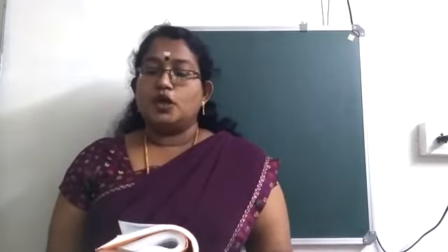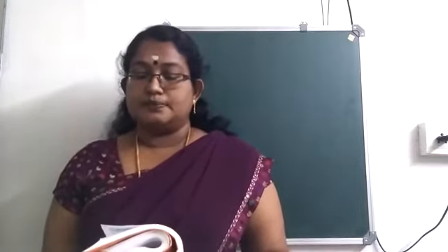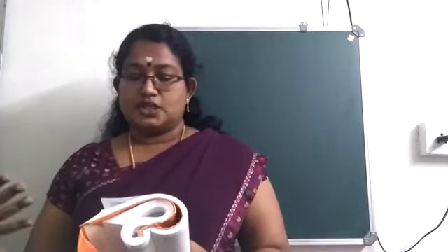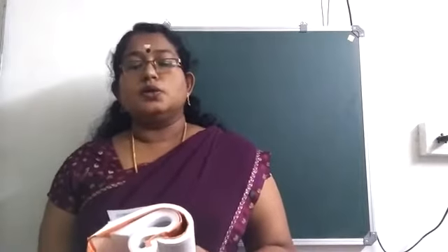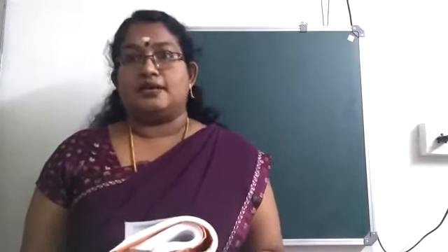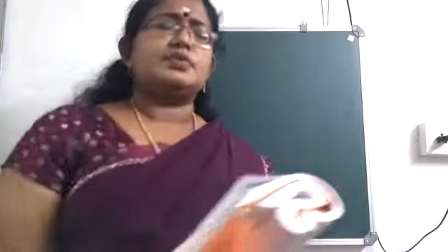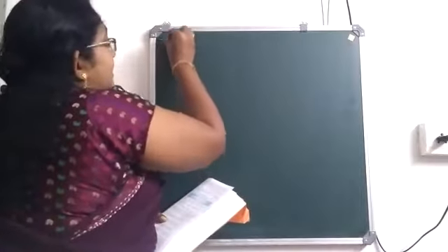Okay. Now, in an experiment of verification of Ohm's law, the following observations are obtained. Potential difference and current are given. You are asked to draw a VI graph and use this graph to find the potential, current and resistance. So, I think you know how to draw a graph. For this, we don't want a graph paper. You can do it in your notebook itself. But use the ruler and the pencil. Don't draw with pen. So, first we will be drawing the graph.